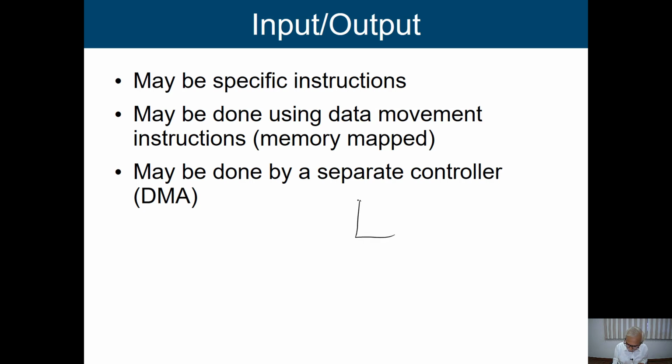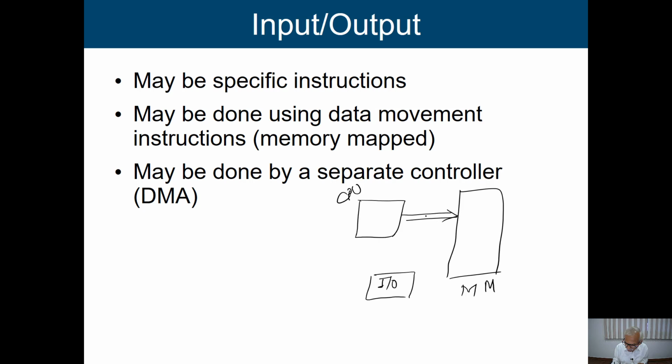So if you look at it, you will find that this is my processor, CPU, this is my main memory, okay, and I can have this IO module, and all these are connected through this system bus. And these are the devices: device 1, device 2, and so on. We connect the devices to it.